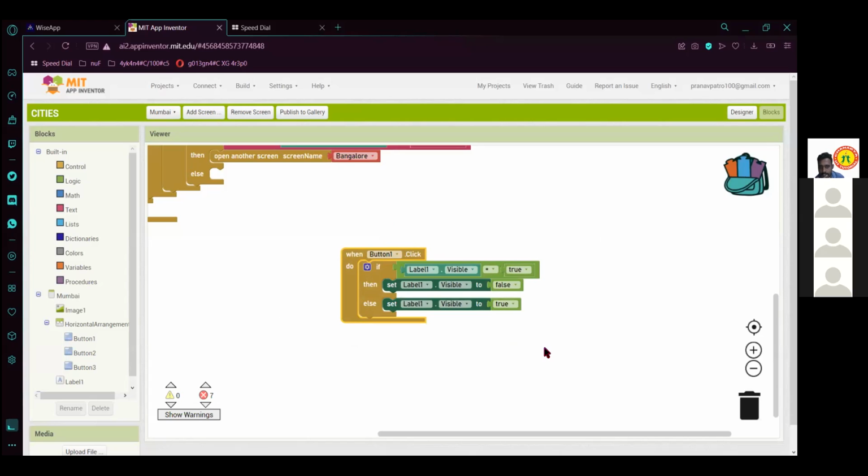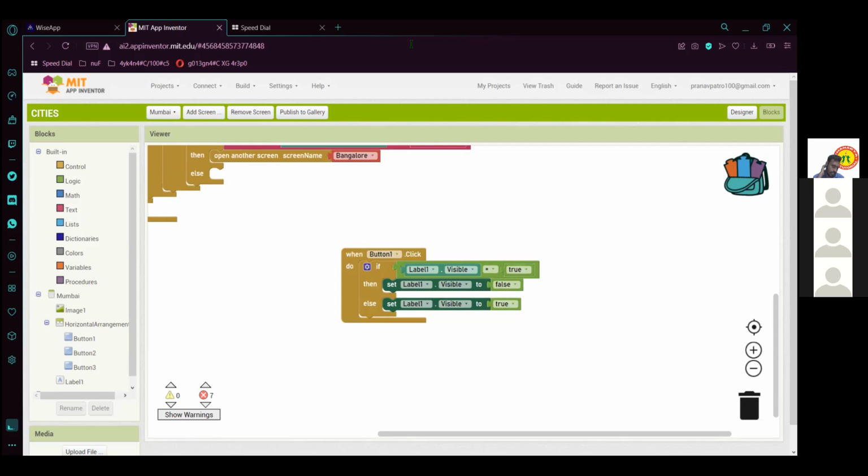Is it working, Pranav? Sir, my connection wasn't connecting, so I can't put it on the mobile, but I'll check it out. Okay, just go to connect and open your QR code. Sir, it's not connecting. I'll check with my mobile. But the program isn't finished yet. I have to still add stuff in the screen. Okay, just finish it and check.